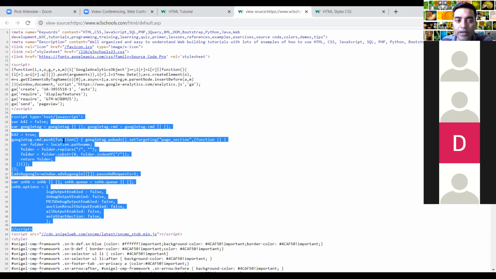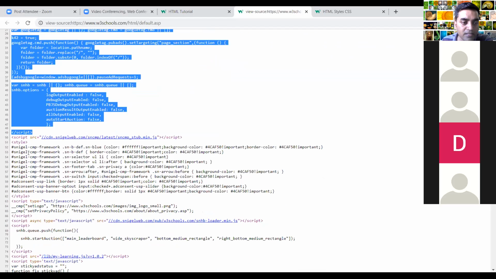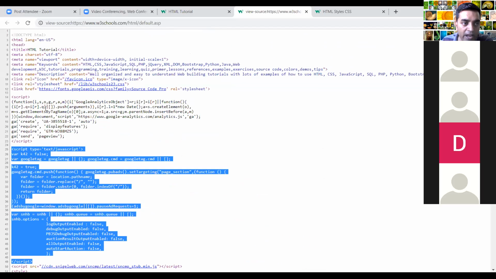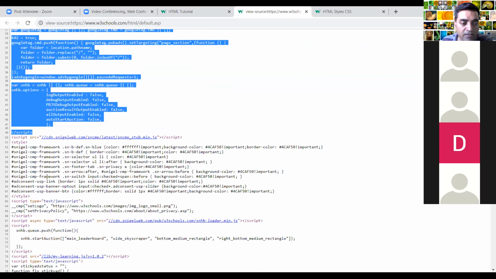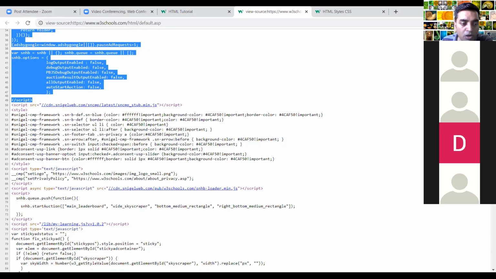Then the style sheet, which we are going to learn today, brings the beautification of the page. This is where we can find all the necessary information which is not directly linked to or visible in our page.